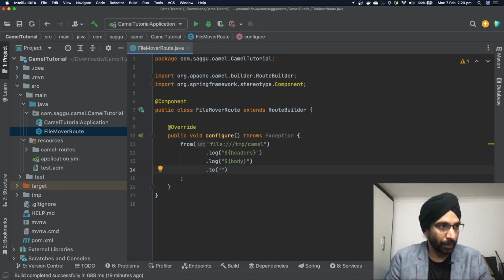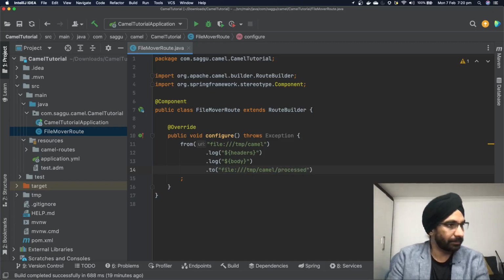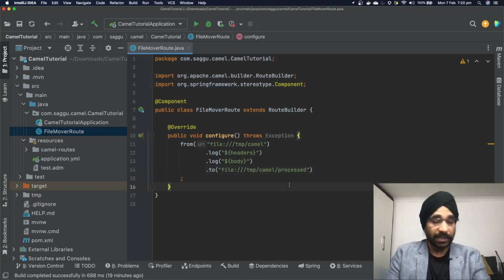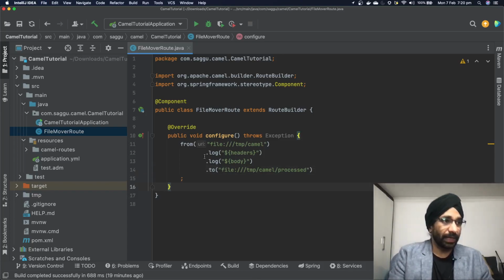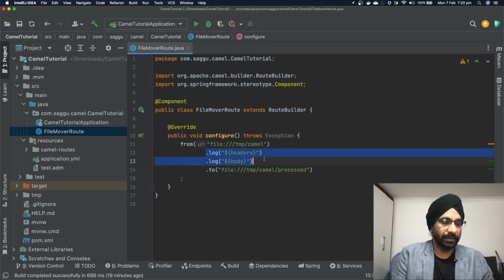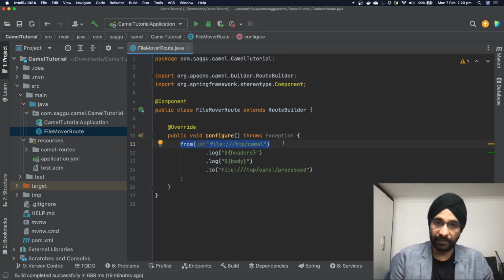simply using the file component. So I'm saying I read from tmp camel and I am going to move it to tmp camel, let's call it processed, for example. Super simple. Okay, that's it. In literally 2 lines, if you ignore the logging bit, we have fulfilled that particular complex use case, like reading a directory, monitoring for the file, and then